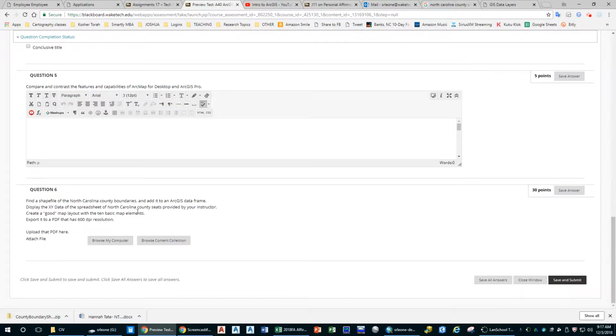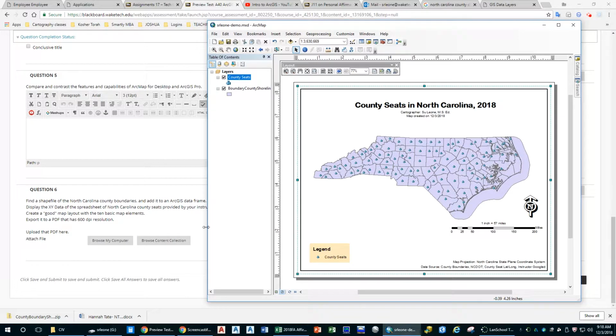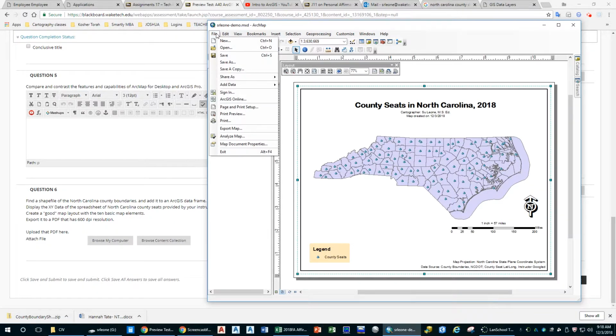So now it says export it to a PDF that has 600 DPI resolution. So in order to do that, first of all, let's save. Haven't saved in a while, and ArcMap does not, unfortunately, have an autosave function like Word or AutoCAD or things like that. So now we do File, Export Map,